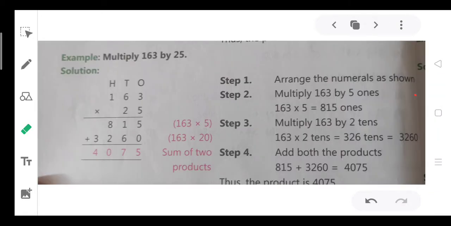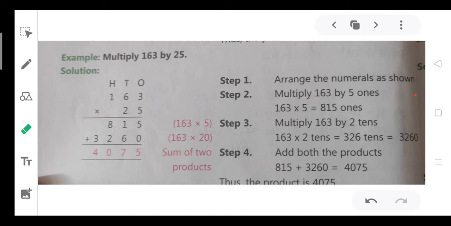Earlier, I have explained to you about the properties of multiplication, the definition of multiplication, and some other important terms. Our today's topic is multiplying by 2-digit numbers. You are all aware of how to multiply one-digit numbers. Now, in this class, you have to multiply when the multiplicand is a 3-digit or 2-digit number and the multiplier is a 2-digit number. You don't know how to multiply by a 2-digit number yet, so that I am going to explain to you today.